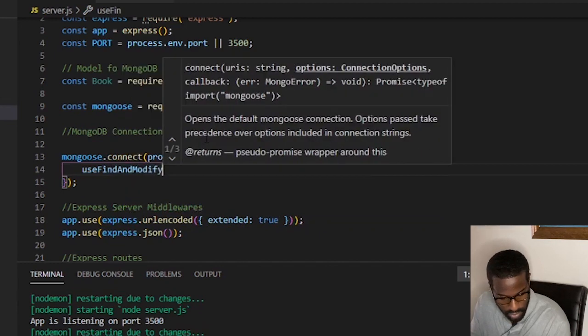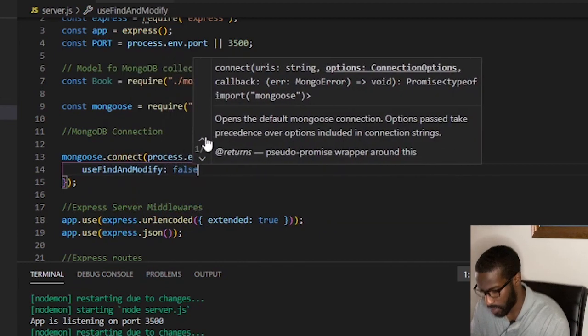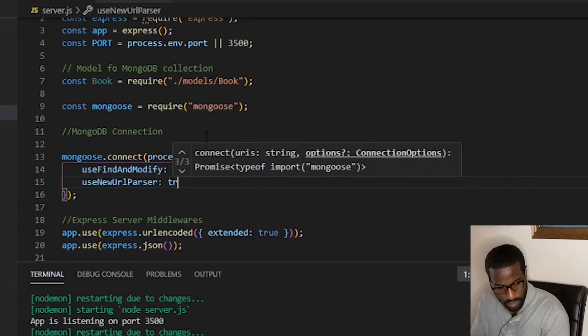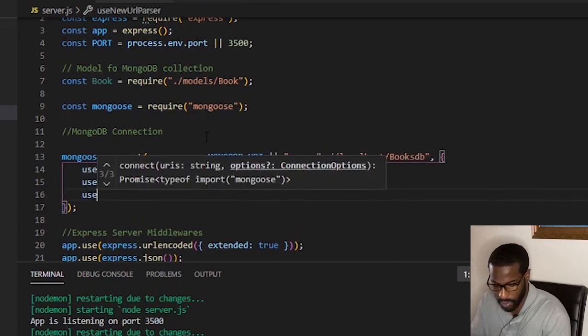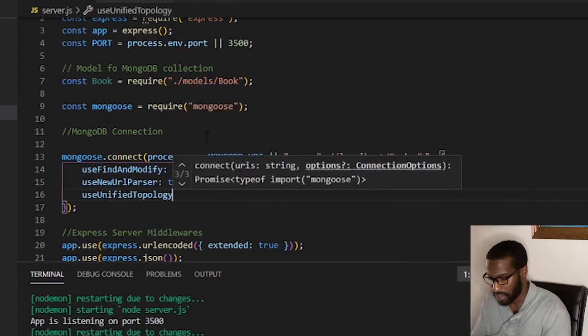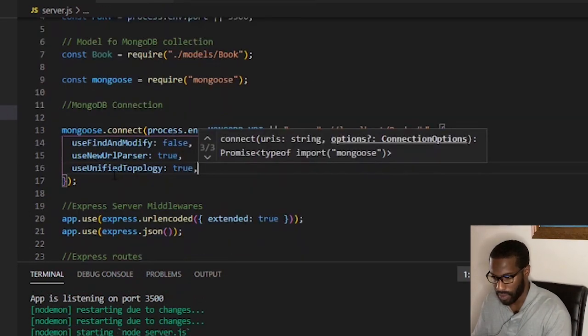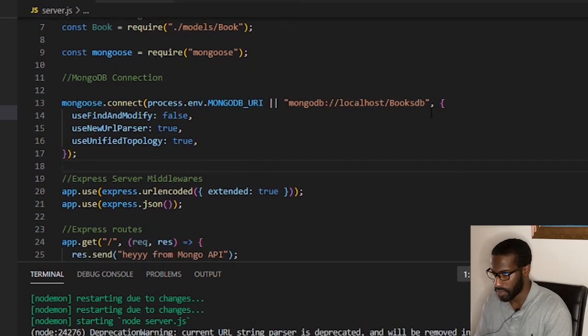So we're going to do useFindAndModify and set that one to false. We're going to do useNewUrlParser. We're going to set that to true. We're going to do useUnifiedTopology, and we're going to set that one to true as well. Once we save this,